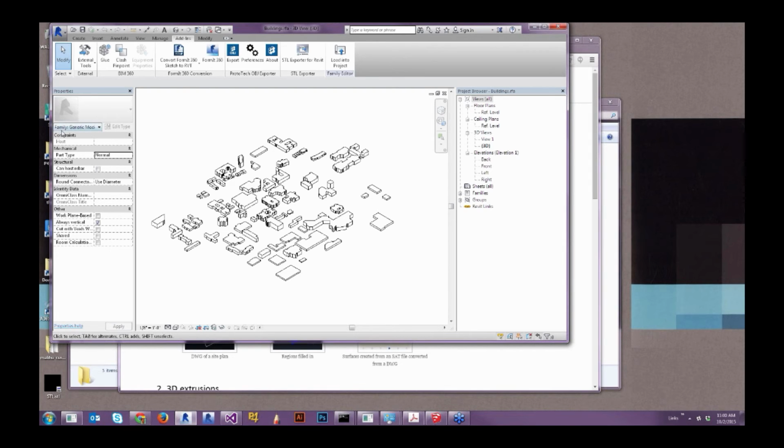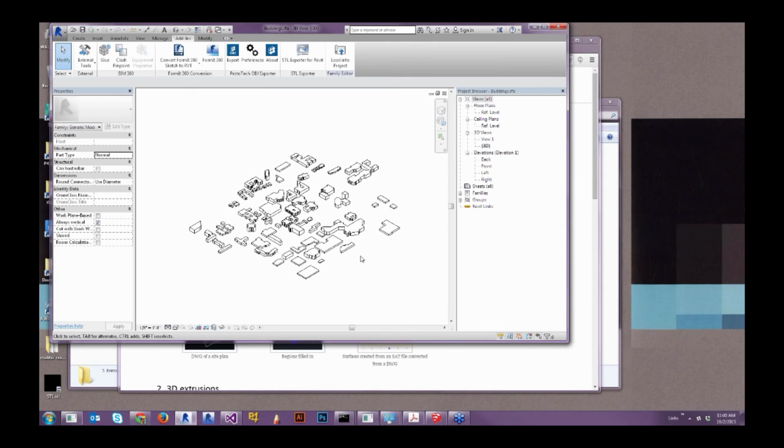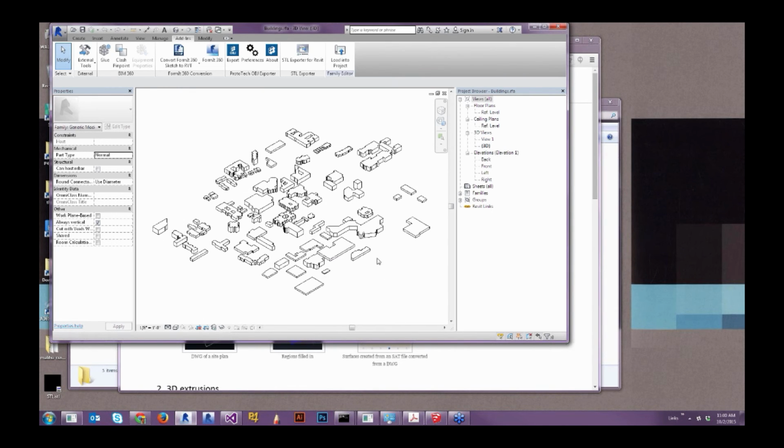You can extrude your surrounding context in a generic family, something like that. So I'm in a generic family editor right now, and I've got these guys all created as masses, and this could be based on a DWG file. Again, I just grab those faces and extrude them, or if somebody's already taken some time to mass out some context in Revit, then you can put it into a generic family type. That's kind of the key, is that it has to be in a generic family type, and then you can run our converter. This thing is pretty cool that it will convert RFAs to 360 content for you.